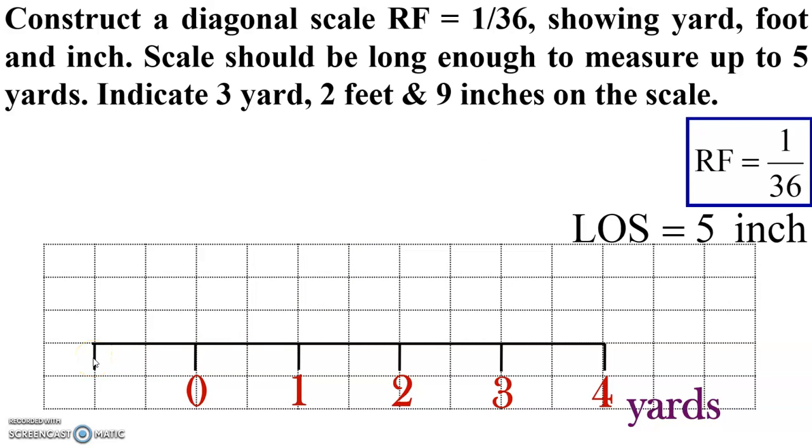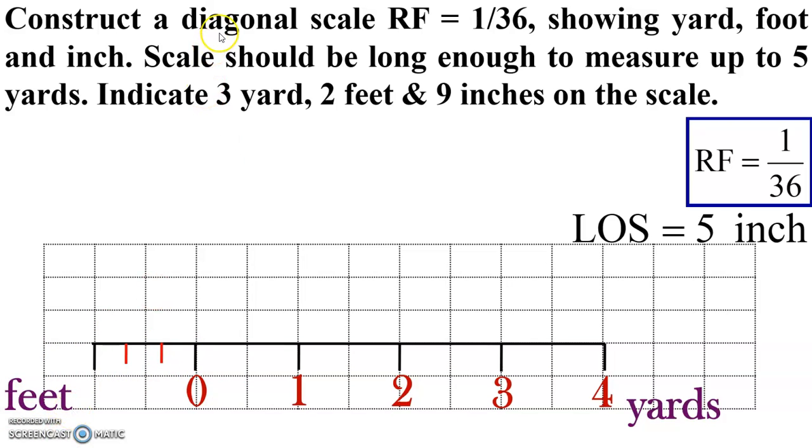Is it clear? Because we have got the relationship that 1 yard is equal to 3 feet, and this distance is 1 yard. If we divide this distance into 3 divisions, then one division will show us 1 foot, the second division will show us the second foot, and the third division will show us 3 feet. So it is 1 foot, 2 feet and 3 feet, that is equal to 1 yard. So on the left hand side, it is feet. So now we have got this.